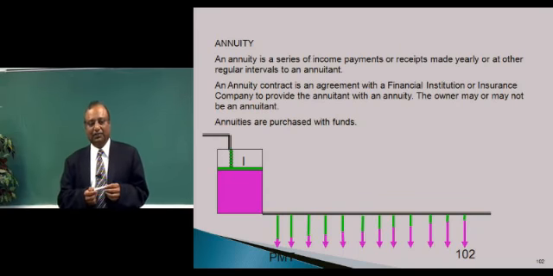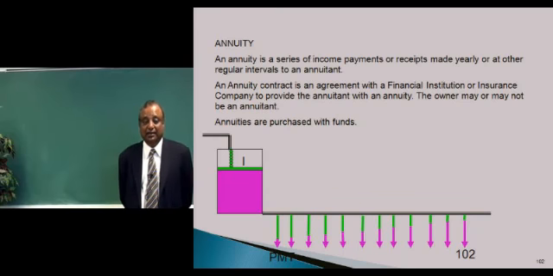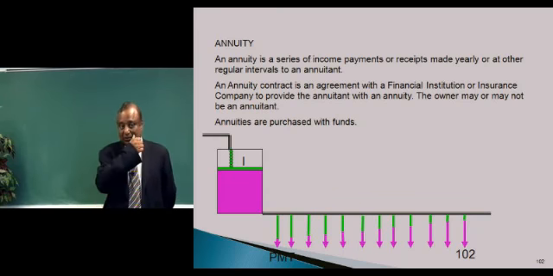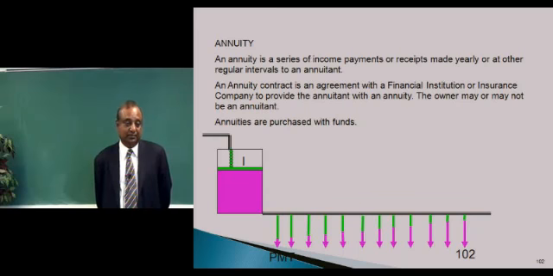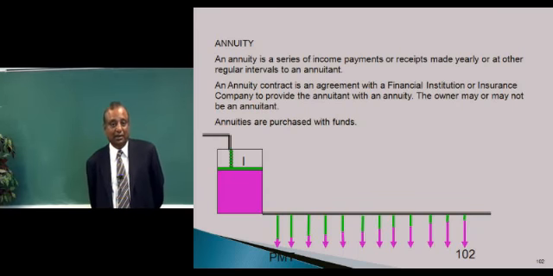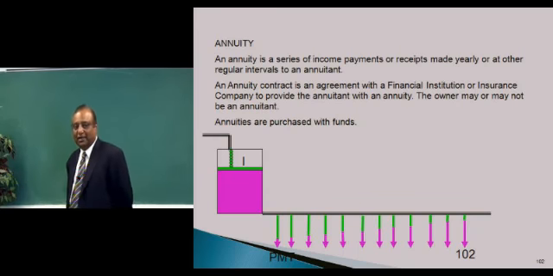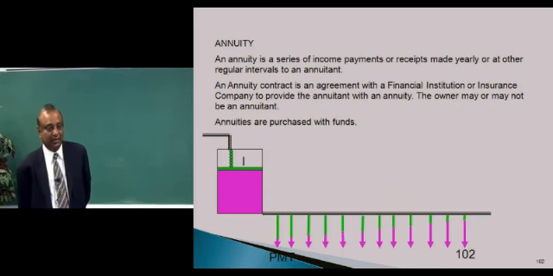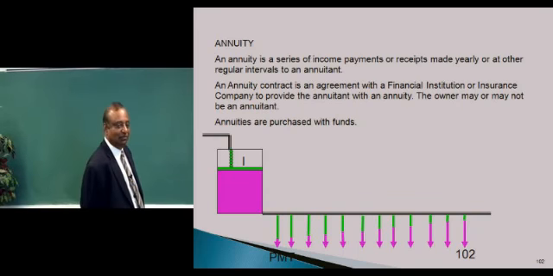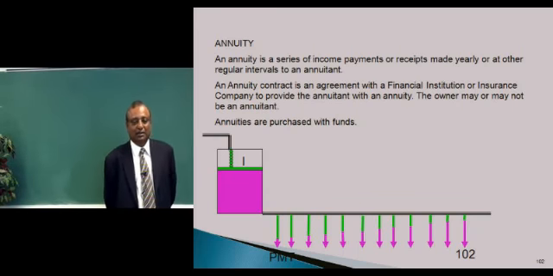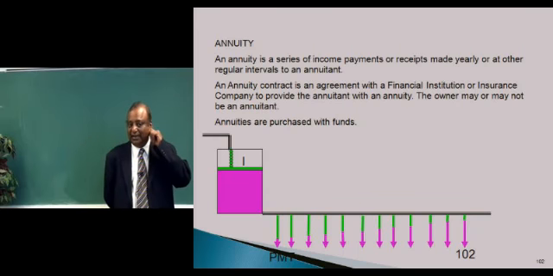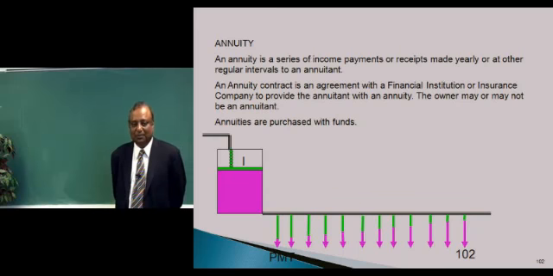Now, because a small portion of the principal was paid out in the first year, the next year it earns a little less in interest because the principal amount has reduced. So, next year's payment will contain a little less in interest, and to compensate for that, they give a bigger portion of the principal, and so on. So, it's a series of payments. Initially, the interest payments are higher, and in later years the interest payments reduce and the principal payments keep increasing.